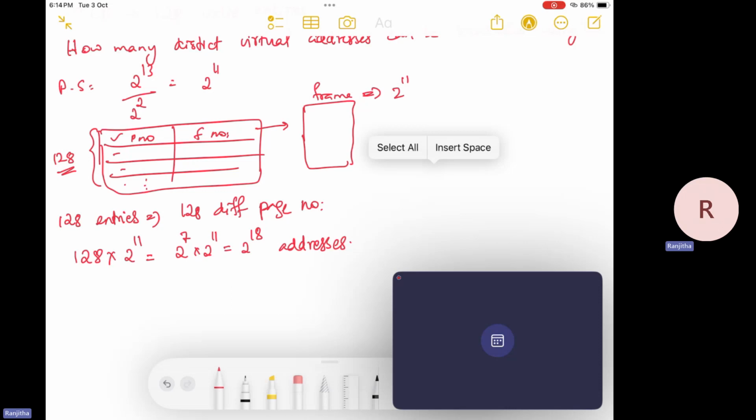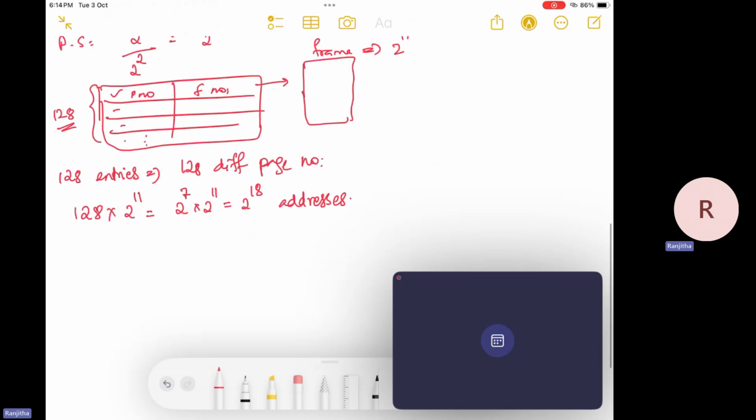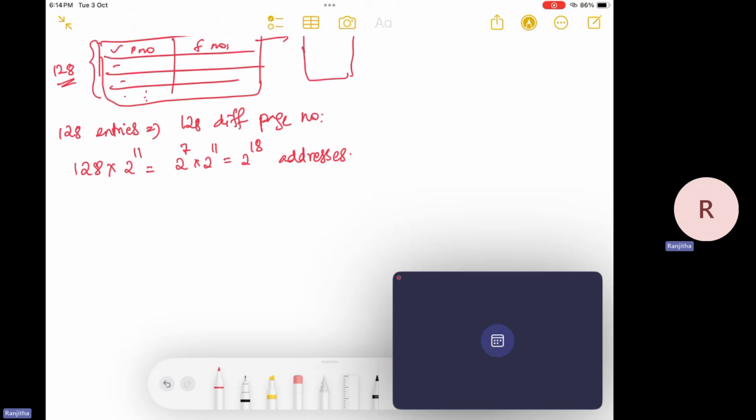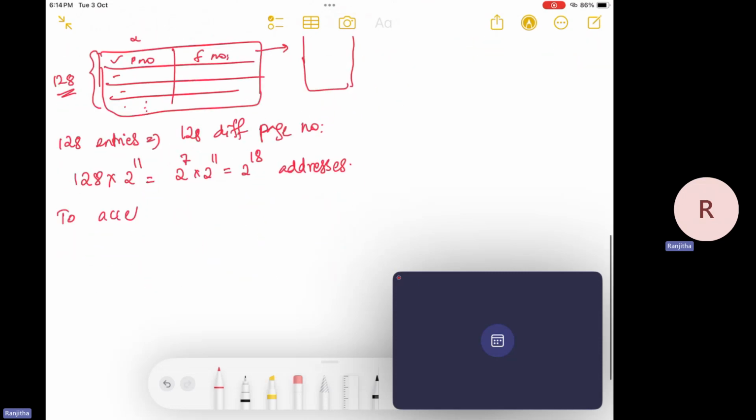Then the other topic discussed is about the hit and miss of page and the amount of time it takes to access the TLB. Okay, so let's take a look at that TLB access time. So how much effective access time is needed to retrieve or access a location. So to access a physical memory,